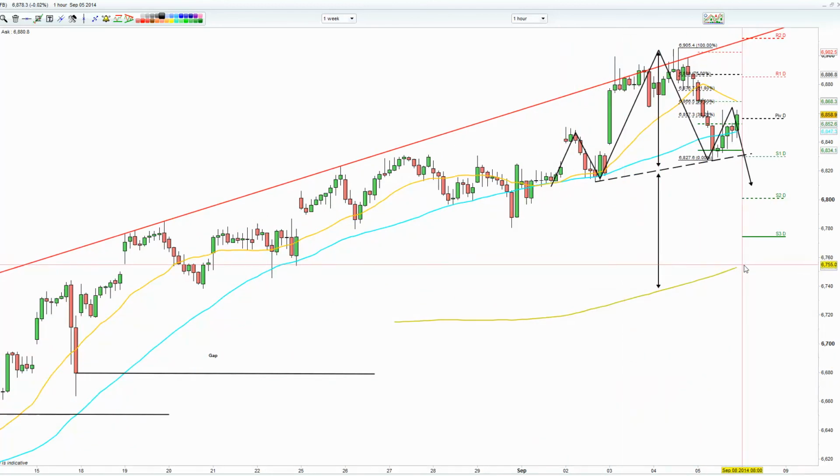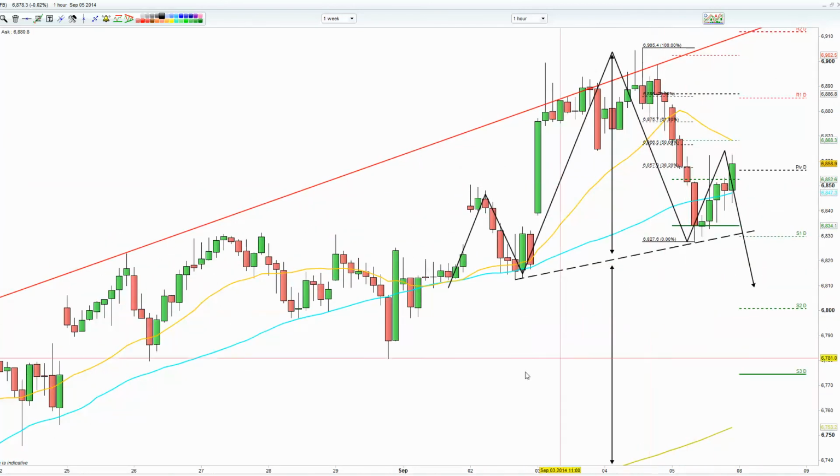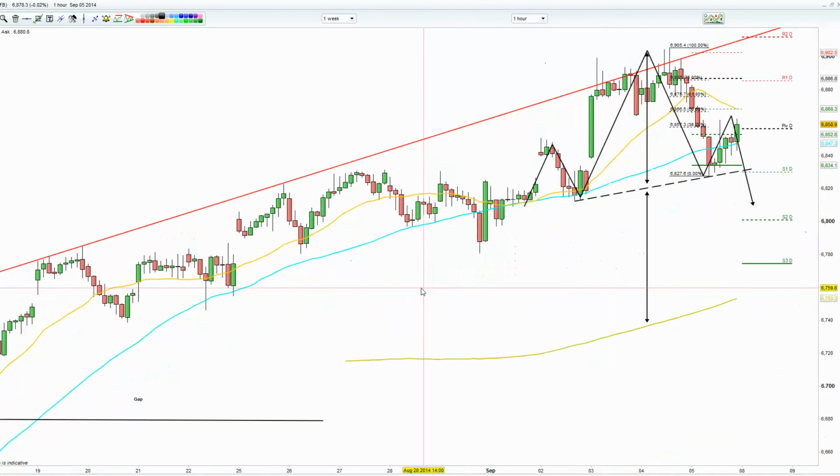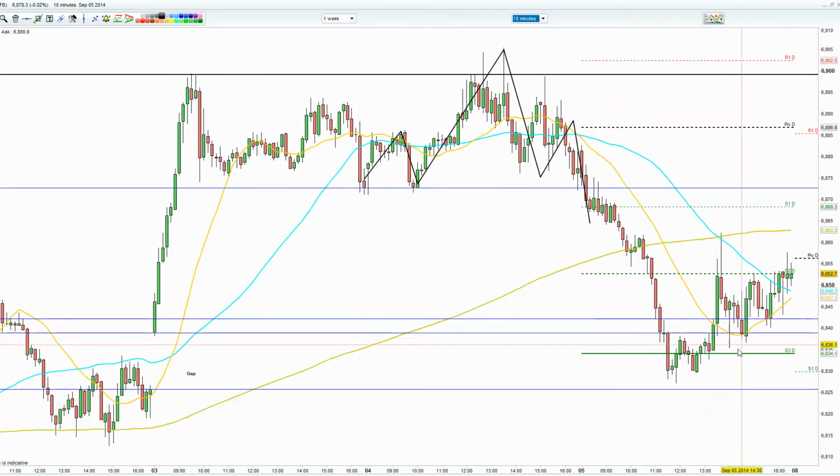Especially this, expect this 200 MA to be tagged. That's something that's going to be very, very important for next week's trading. So watch out for that H&S formation. Down we go. With regards to the FTSE 100, if you look at a 10-minute chart, we obviously bounced